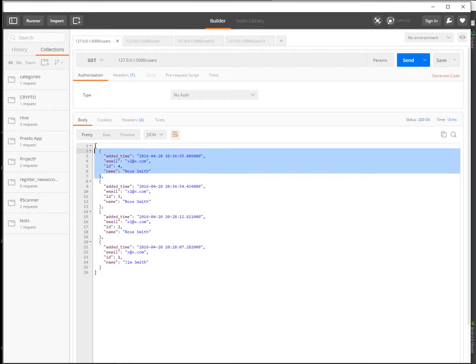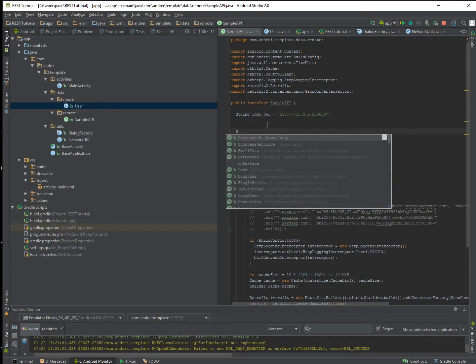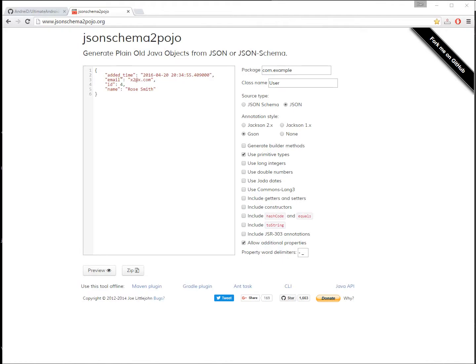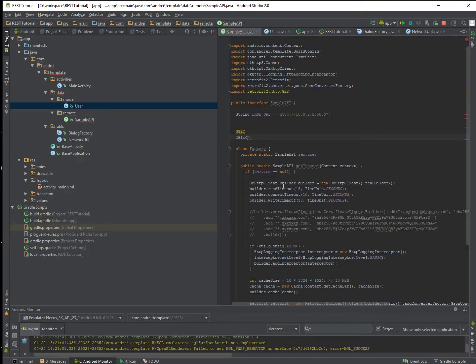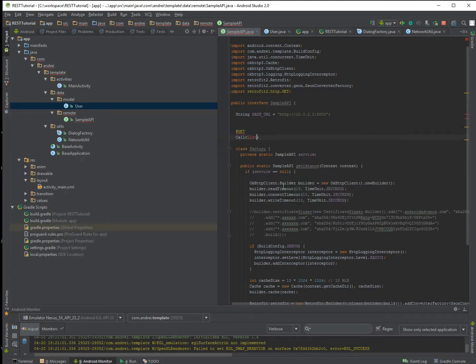element from here. Now we have to put this element in a list, and if we look, this is a get request. So how to do it in Retrofit? You write like this, but get, and here you write Call. Here you have to write what you expect to receive. So we have a list of users,